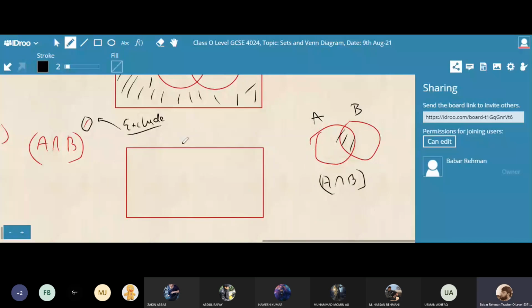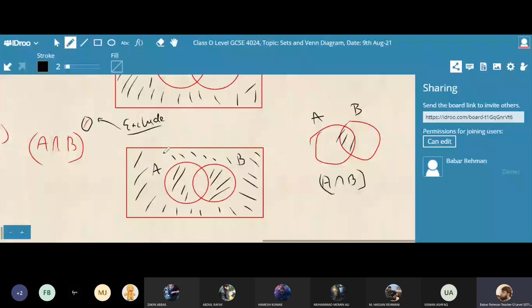Now our answer is this, and the rest of the part will be shaded now. Okay. सही से समझ में आ गया। गुड। अब ये A है और ये B है, सिर्फ इसको छोड़ दो। Now you should shade all parts. Okay, are you getting my point?